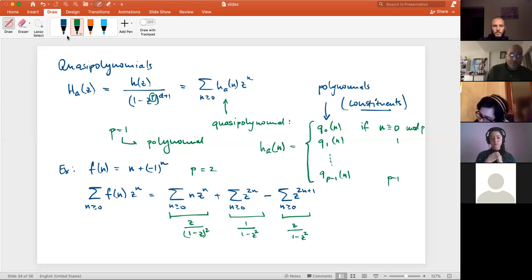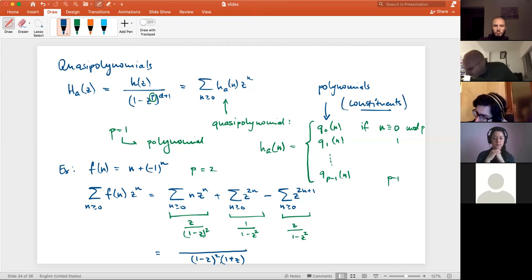Now you can see this is in the form that Alessio was mentioning earlier. So maybe initially I want to write this over the denominator 1 minus z squared times an extra 1 minus z, right? Sorry, I need a 1 minus z squared, so maybe I should make this a 1 plus z. And I get some denominator,